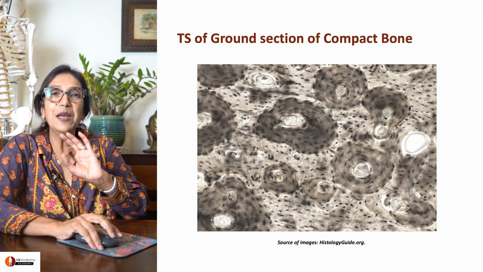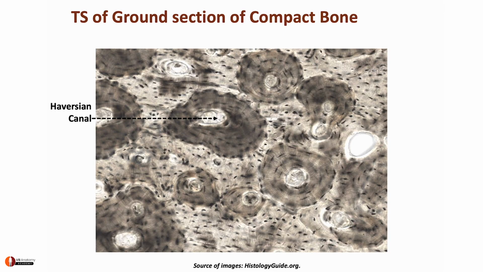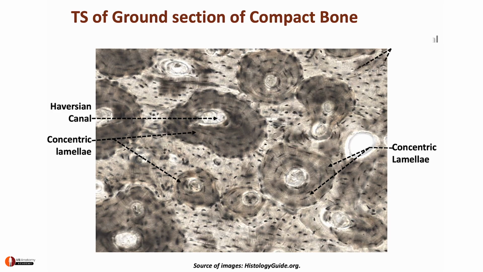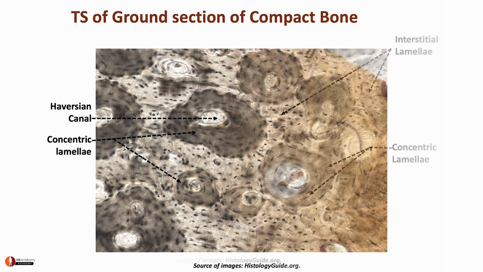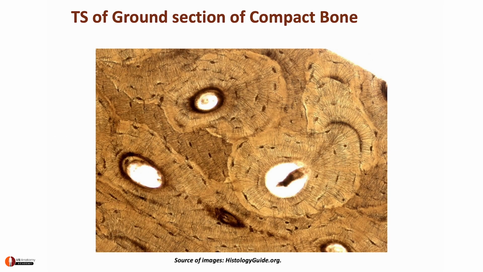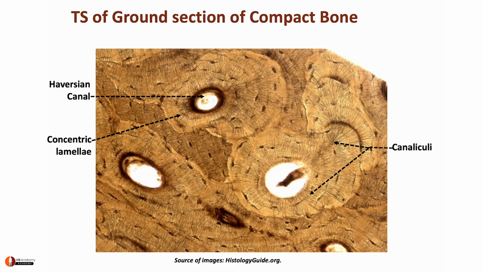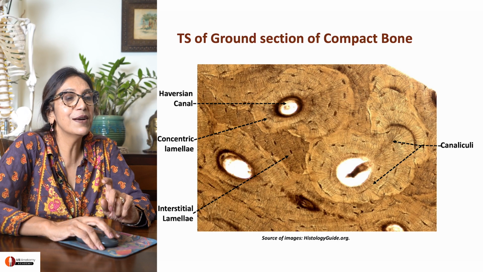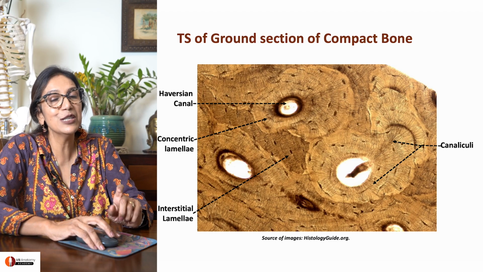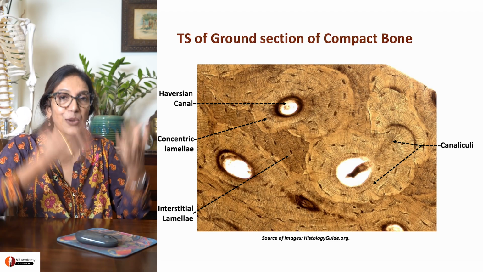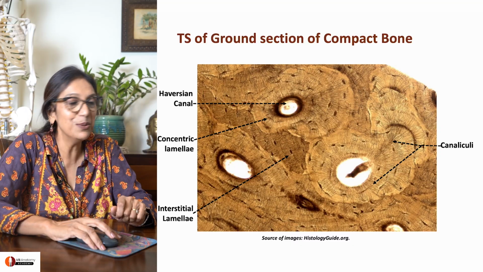Right. This is another very beautiful section. Come, let's take a look, okay? So here's a Haversian canal. These are the concentric lamellae around it. And in between, there are broken bits of lamellae called the interstitial lamellae. Again, one more real slide image: Haversian canal, concentric lamellae, canaliculi beautifully visualized, and interstitial lamellae. I hope you're enjoying this as much as I do. I love this. Bone is one of the most entrancing slides. It's so pretty to look at. It literally glows under the microscope. I hope you like it too.